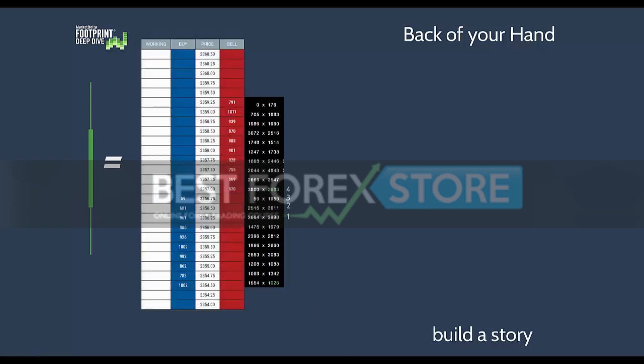In this day and age, most platforms, this happens to be the Market Delta Cloud, but most platforms and domes or price ladders, as they're called, are the same. There's similar functionality across all of them, meaning the price is generally in the middle. The offers are on the right in red, and in blue are the best bids. The contracts are represented in blue here. That's not people. That's the number of contracts that are willing to buy from the price that it's next to. These are contracts willing to sell at the price they're next to, all the way up and down the price